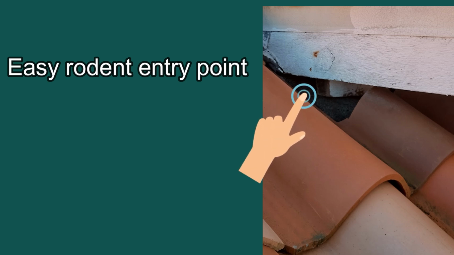Think about something as simple as this rodent entry point. This is a very easy rodent entry point. We've got an elevation change on a tile roof, and there's a huge gap where rats were going right in and out of this attic. So as you can see,